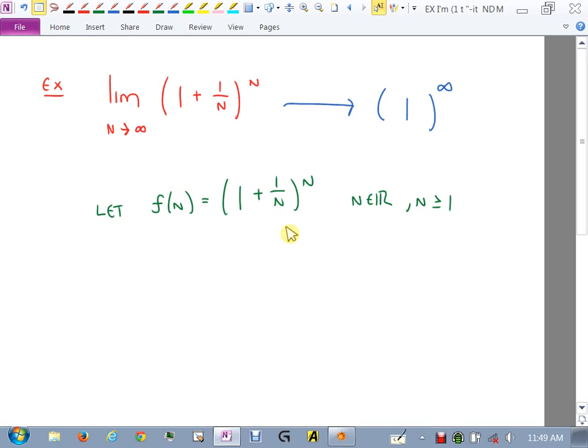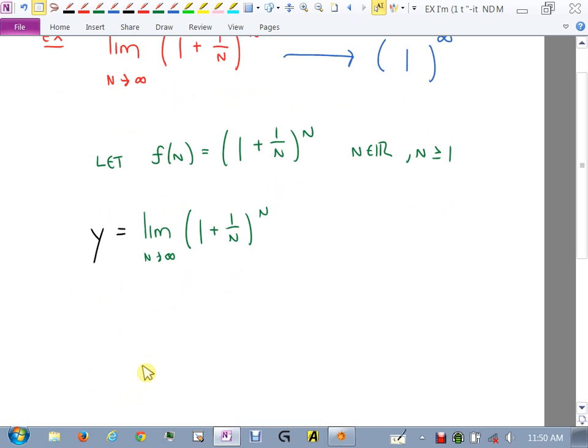But the way we're actually going to figure out this limit is we're going to try and take this limit, right? We're going to let n go to infinity on this. See if you remember this from Cal 1. We define this limit to be something, anything we want. I'm going to call it y. And then we take the natural log on both sides of this equation. When you do this,